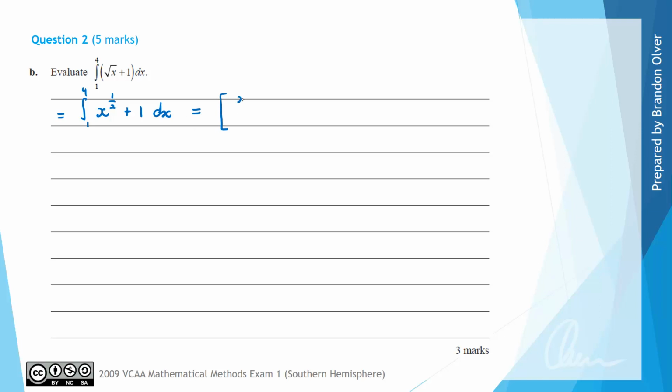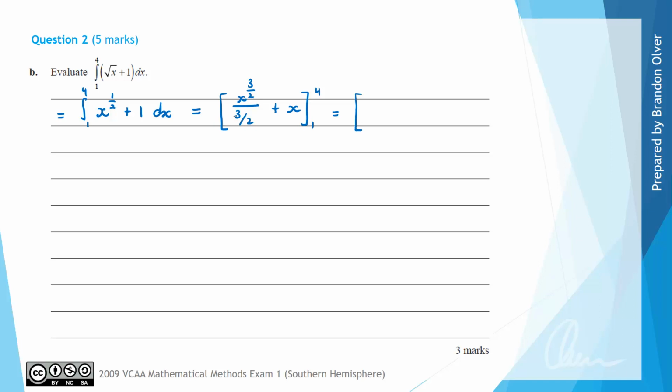and then we add 1 to the power, so it will become x to the power of 3 over 2, divided by that new power, which is 3 over 2, and then plus x. And that's still going to be evaluated between 1 and 4. And then if we clean this up slightly, the antiderivative inside would be